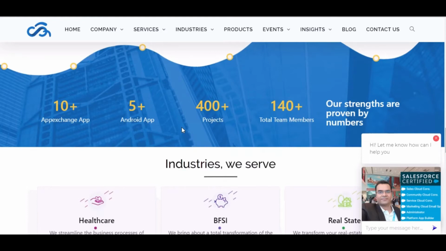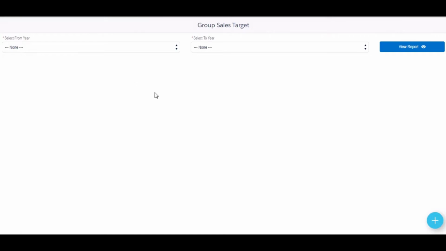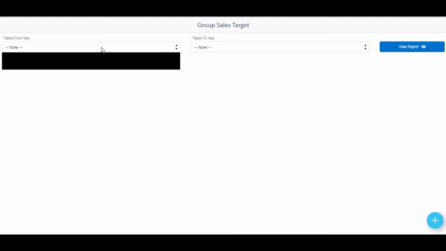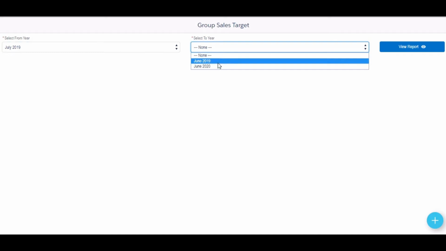Today, I am going to give you a demo on one of my clients' projects which I have done in the property base that allows the user to view the reports in multiple ways. Let me demonstrate to you the report we have to build for one of our property base customers. So here I am going to show you the reports which allow the property base users to view the records and sales in terms of the month.